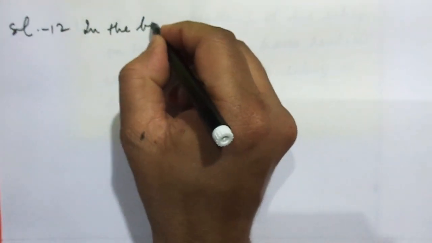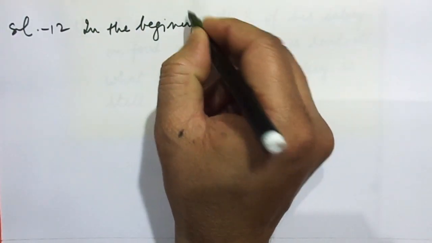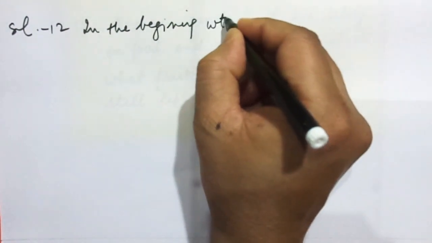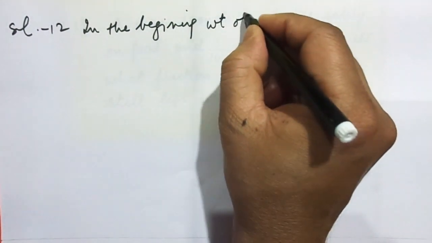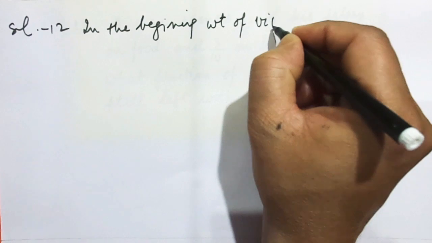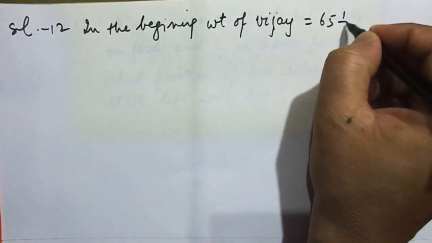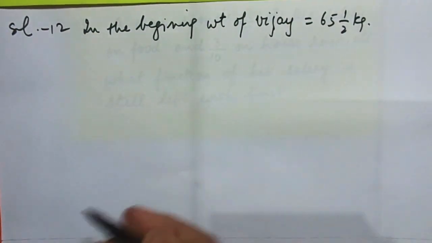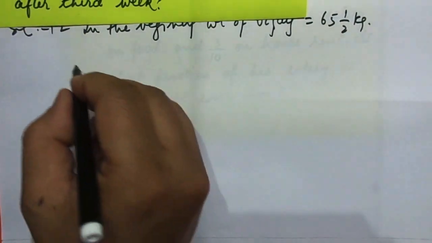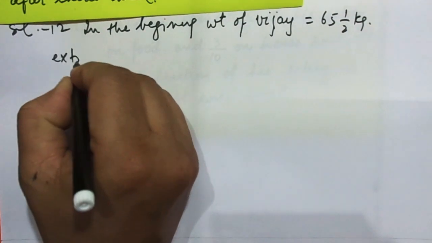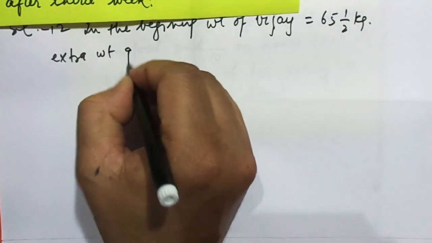Naturally, in the beginning, solution number 12. And we are going to mention it in the beginning. WT, you can write in small form. Weight of Vijay is equal to 65 1 by 2 kg. I am not doing anything, I am just writing what they have given. Okay. Extra weight gained